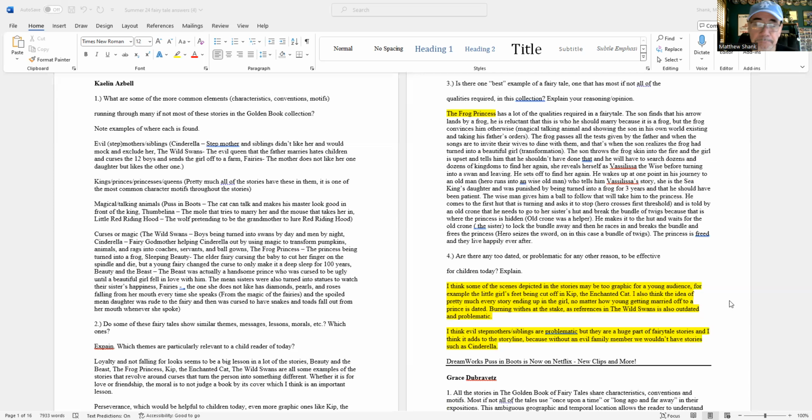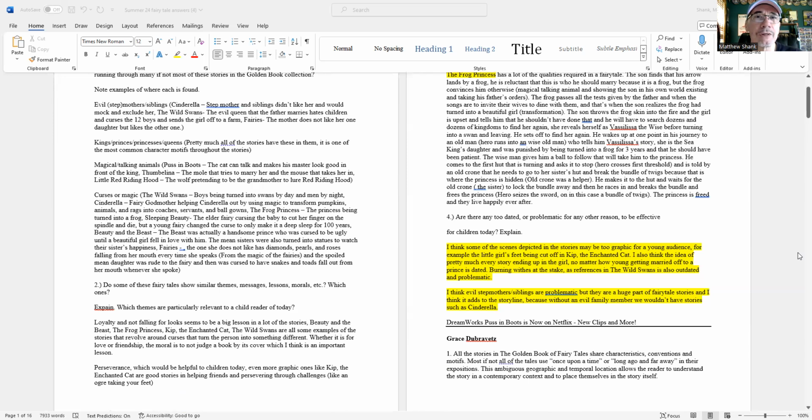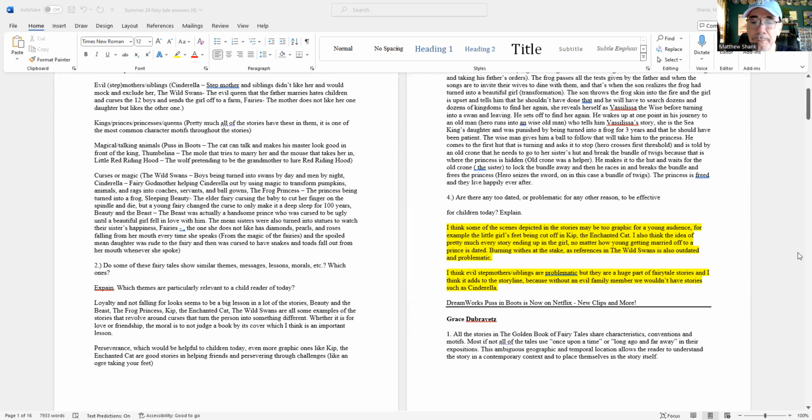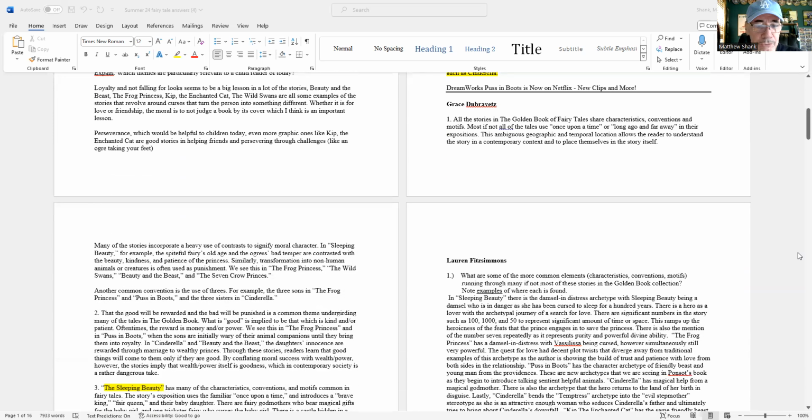And again, that's something I pointed out the other day. But it saves time in plot development and backstory. The stepmother shows up and kids immediately know, well, she's up to no good. And it's unfair to all the stepmothers in the world who love their kids and do a wonderful job raising them. Grace had some interesting comments too.